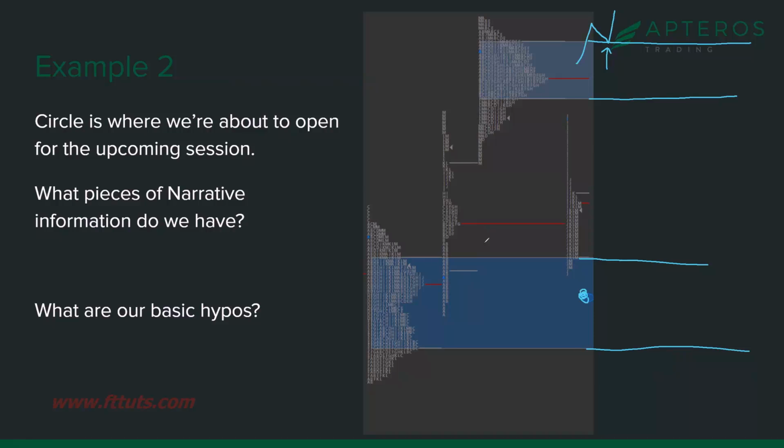Rotational in PVA is correct, but more specifically, would you rather get long from composite value high as we're rotational in here, or would you rather get short from, wait, let me say that again. Would you rather get long from composite value low, or would you rather get short from composite value high? Short, see? And why is that? Somebody give me the best answer of the day. Be very, very happy if you're not a long-time student,